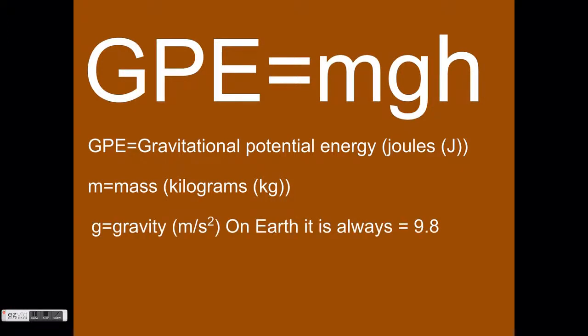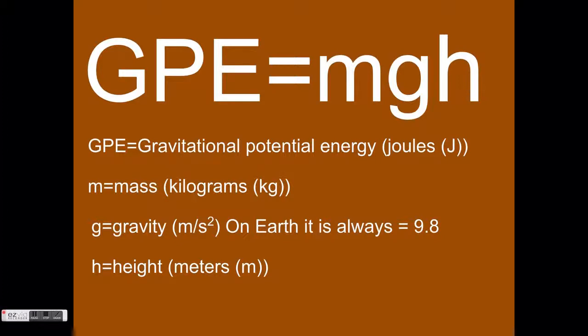Next is G, which stands for gravity, with a unit of meters per second squared. This number is constant and depends on what planet you are calculating GPE on. On Earth, this number is always 9.8. The number will change on other planets. Finally, H stands for height, which always uses the unit meters, abbreviated as m, for the formula